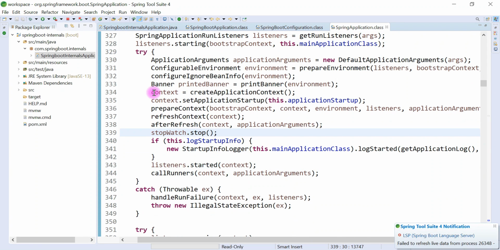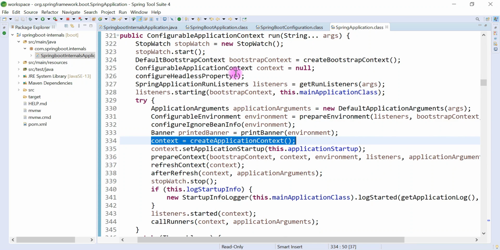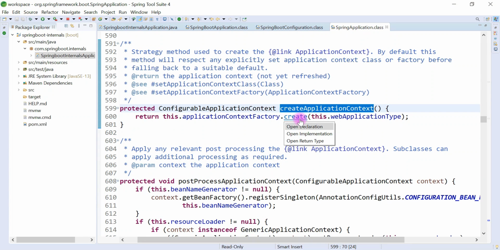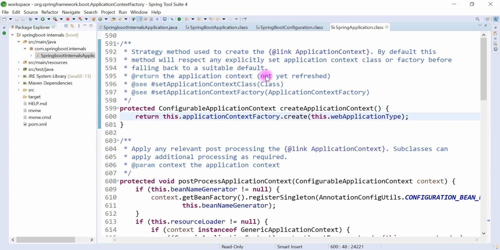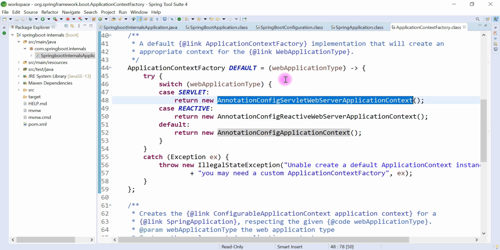So after that it will create the application context object. So this is really important. Okay, so the run method internally creates the application context object. So let's dive into this method, and you can see here create. So let's jump into this create method. Okay, and then it will go here to the default, and it will create the application context object based on